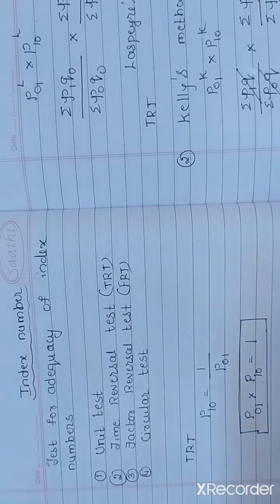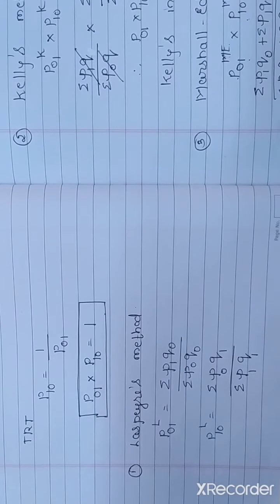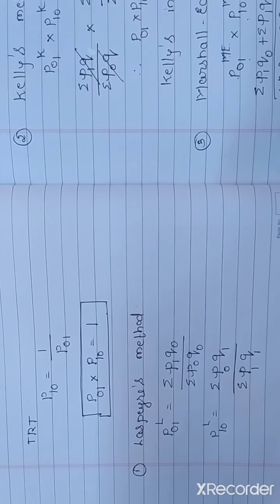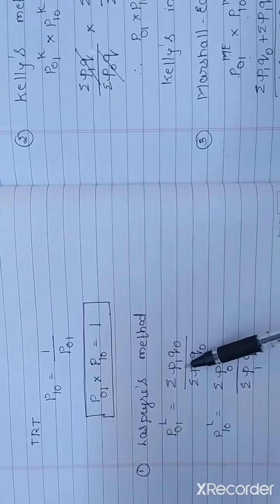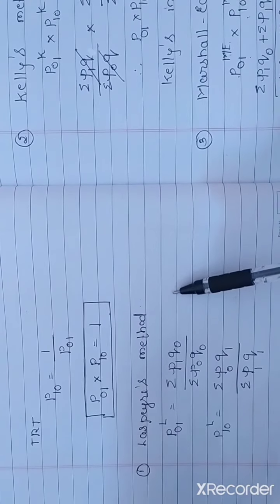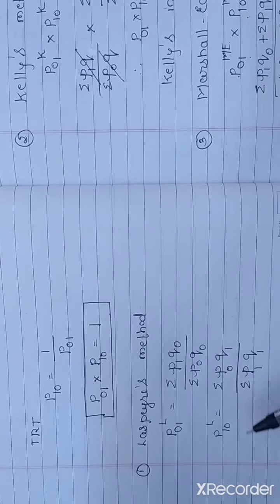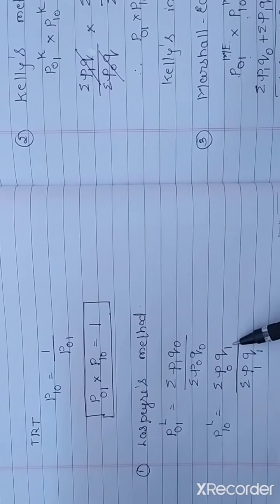Now we will consider particular index number formulae and check which satisfy the time reversal test. First we will consider the Laspeyres method. We check whether it satisfies the time reversal test or not. Here this condition should be remembered. P01L is summation P1 Q0 divided by summation P0 Q0. Into 100 is not considered when we are dealing with the time reversal test and factor reversal test. For P10, wherever 1 is there, consider that as 0, and 0 is considered as 1.